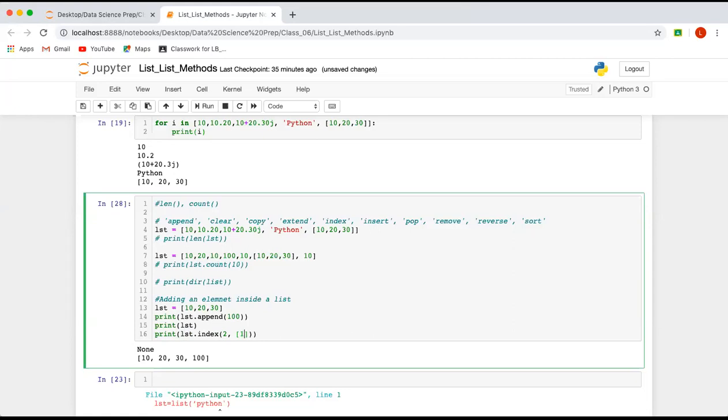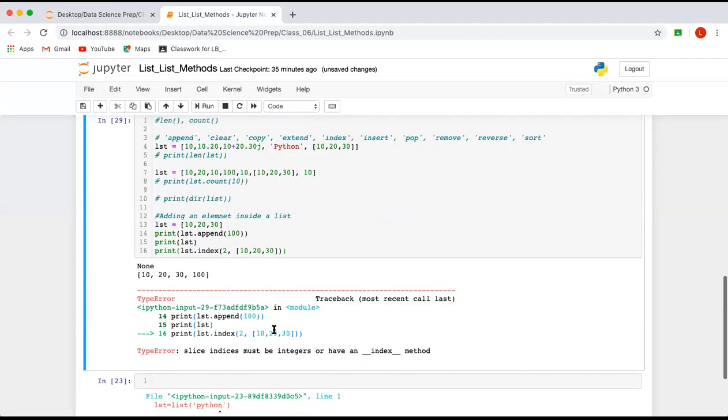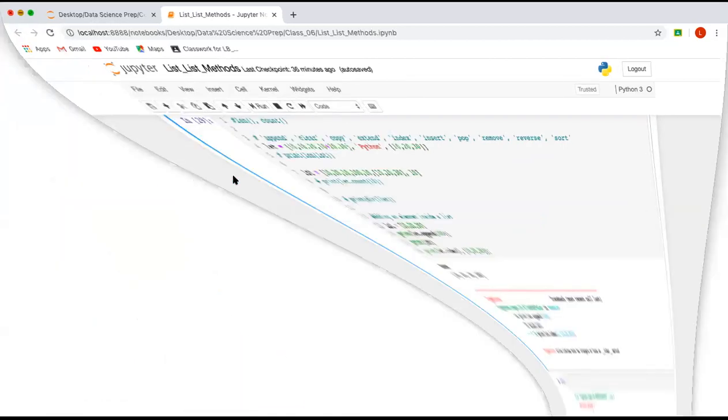I want to add this list 10, 20, 30 at the second position. So if I run this code, some error. Let me check the syntax.